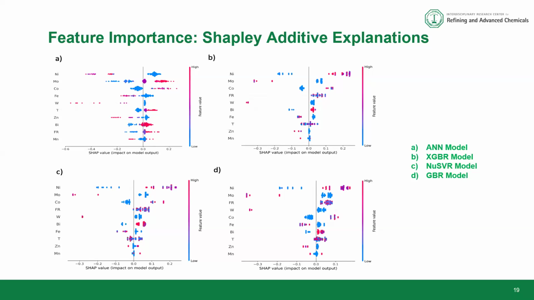In all the models, they have shown that temperature is not really important. It doesn't really positively contribute to the yield of the dehydration products, which is reasonable because for this kind of reaction, there is an optimum temperature above which the reaction will start to decline. I mean, the product will be converted to other products. So once that optimum is obtained, any more temperature will not positively contribute to the product. Rather, it will affect the product.